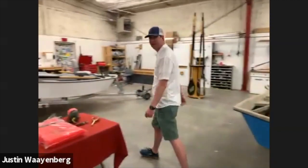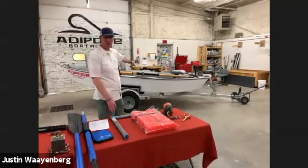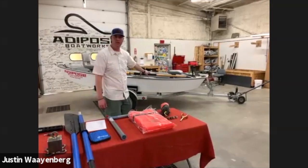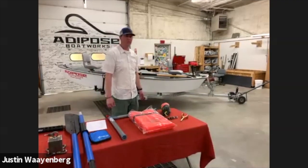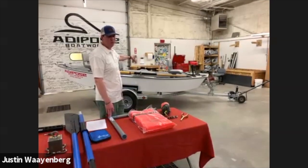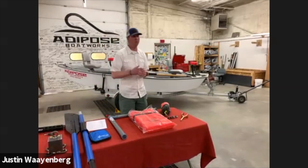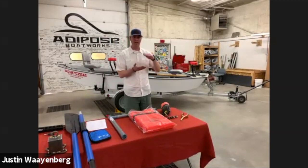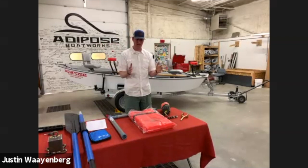So the last boat that we're going to go through is the one that we're going to spend most of the time with today, and that's the one behind me. It's a little bit tougher to tell reference-wise of this boat compared to the other ones because this one's on a trailer versus the carts. But this is, like Mike mentioned earlier, what we call a hybrid skiff. A skiff design, which Mike also mentioned, the South Fork skiff, has a true pram style bow, so it's flat in the front, and then it's got really low sides, it's shorter, it's narrower,